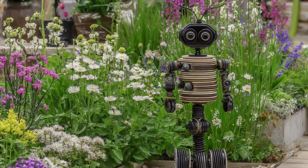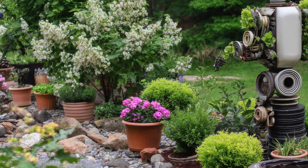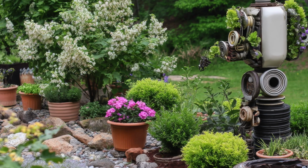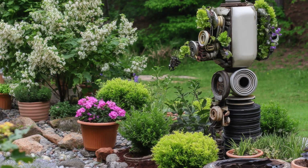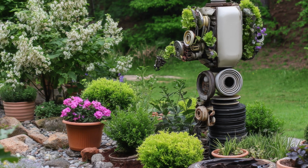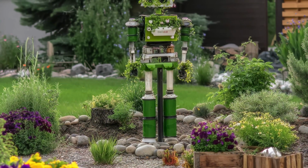The robot's face is the highlight, wide bottle cap eyes, a joystick nose, and a grin made from the arc of a toy train track. It beams with personality, curiosity, and just a hint of mischief. Painted in fun, vibrant hues, sky blue, cherry red, and lemon yellow, the sculpture pops against the backdrop of green